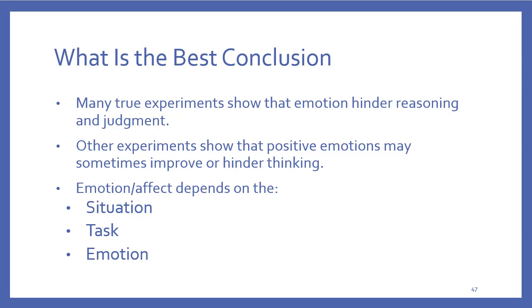All right. So even though research has shown in each study what the results might be, when you look at it all together, the best conclusion is that, based on the studies we've seen, irrational thinking is affected by situation, task, and emotion differentially. What does that mean for us? That means that if we're going to help people or engage in rational thought, then we need to continuously be aware of what we're experiencing, what our mood is, whether or not we're feeling a certain way, what our emotional state is. We need to be aware of those things.